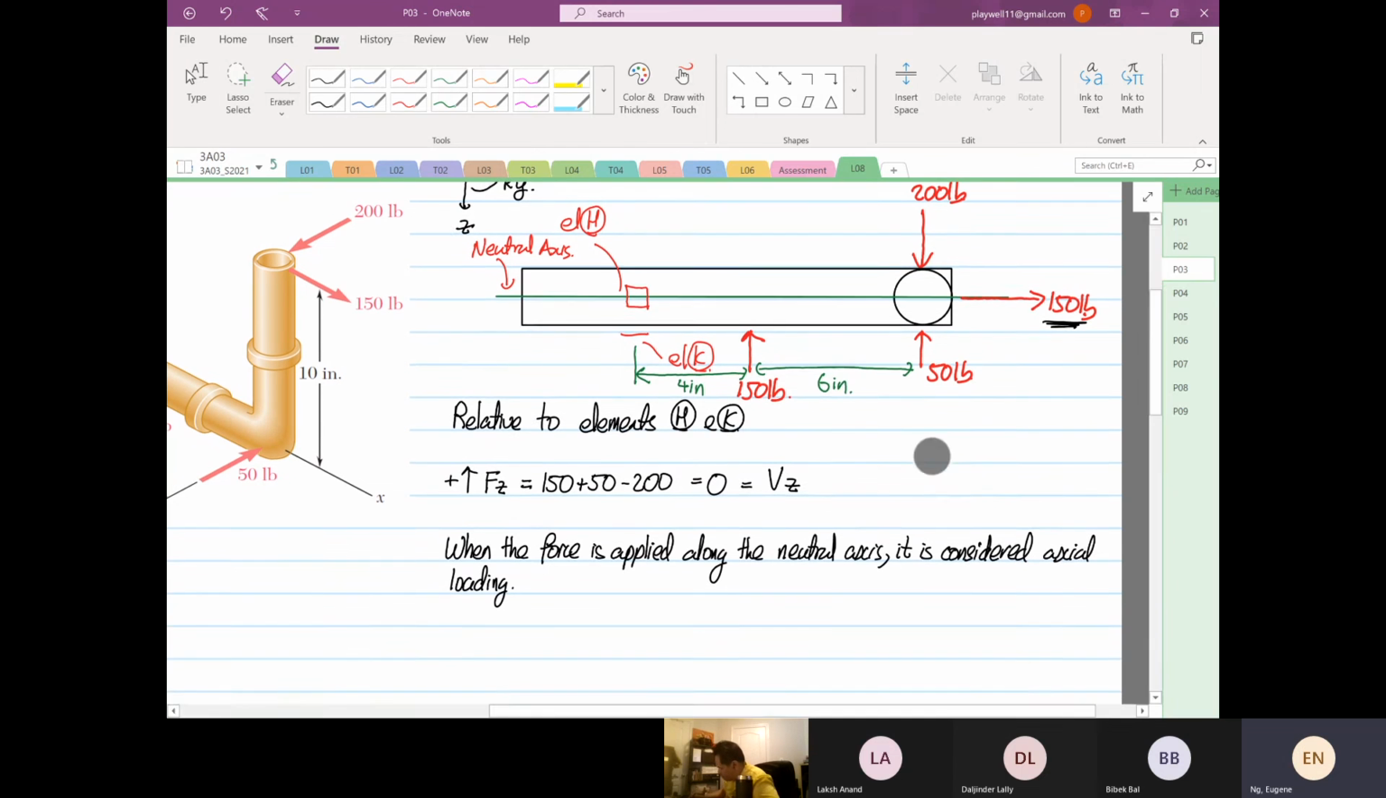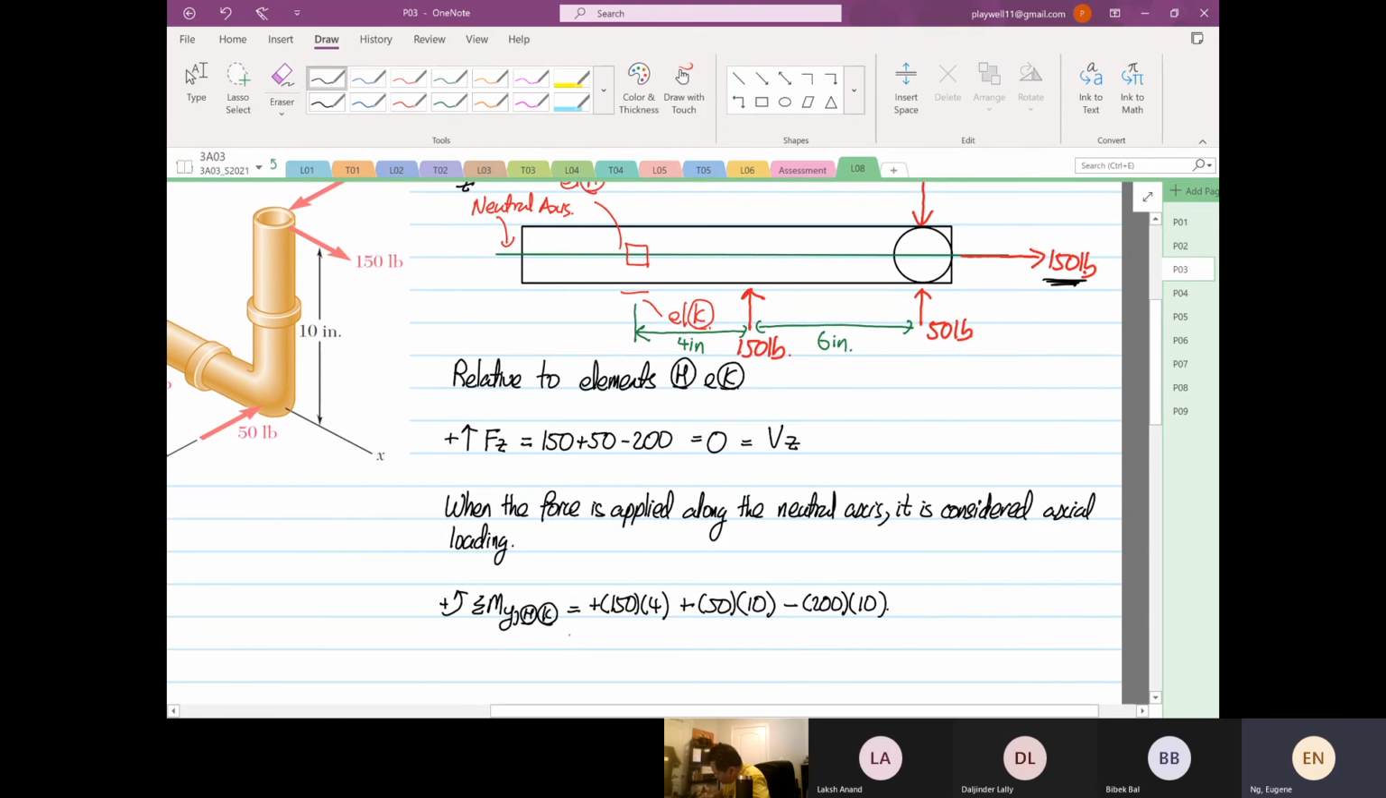Now you take the moment in the y direction. It's up to you to consider which direction is positive. I'm going to take anticlockwise as positive. So the summation of moments in the y direction for elements H and K is equal to: the 150 is going anticlockwise, so positive 150 multiplied by 4, plus the 50 multiplied by 10. Then the 200 is going clockwise, so it's 200 multiplied by 10. So this is 150 multiplied by 4 plus 50 multiplied by 10 minus 200 times 10, which is equal to minus 900